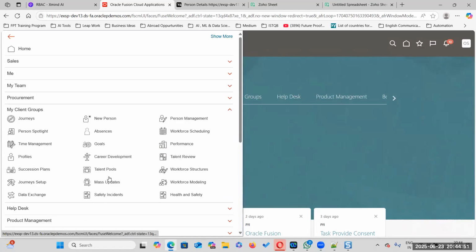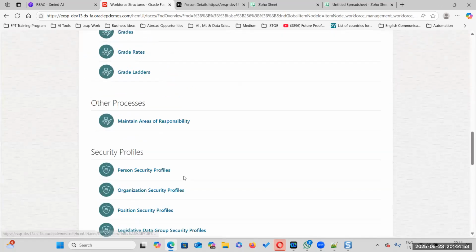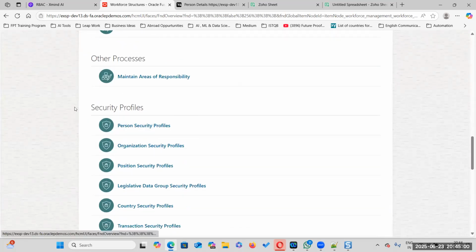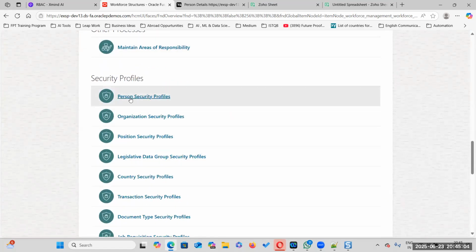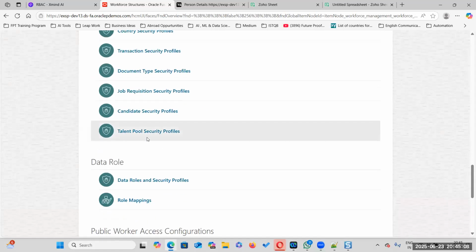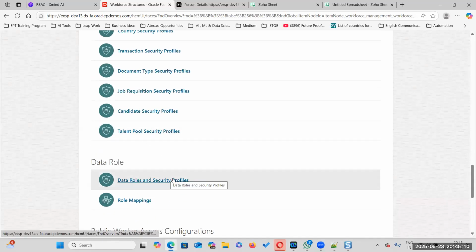One second. Click on workforce structures. If you see that organization security profiles are not there, it means security profiles are not there. Sir, you're able to see them here now. You're able to add the security profiles, organization security profile and position security profile, data roles and security profiles.